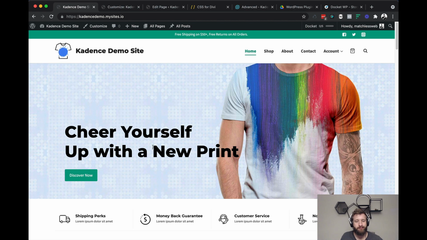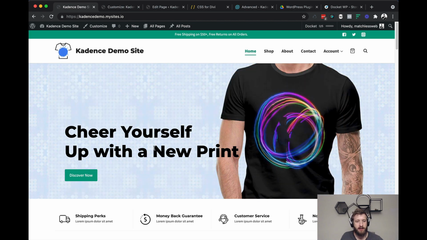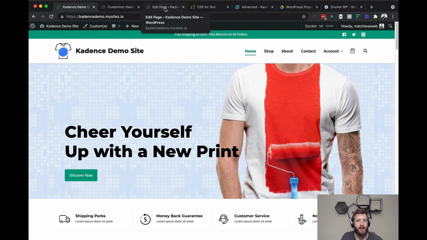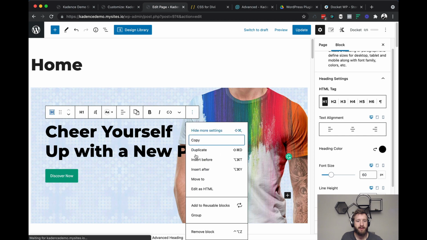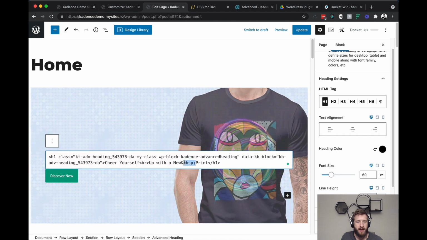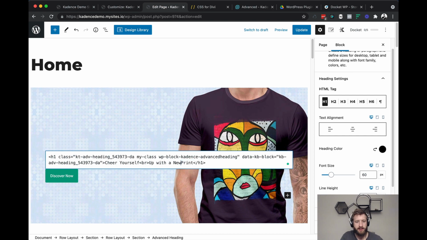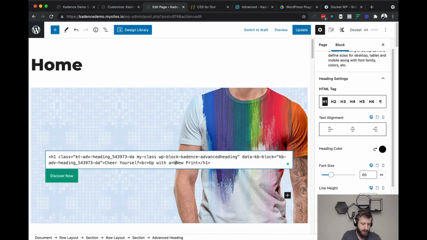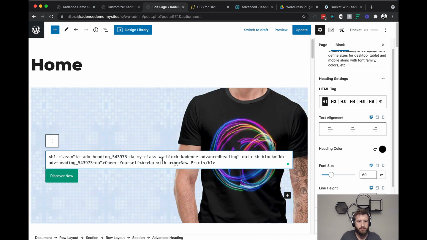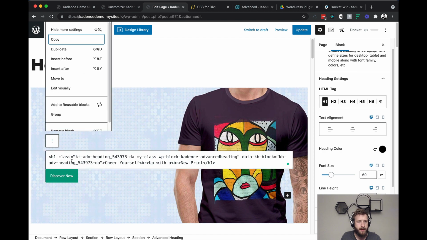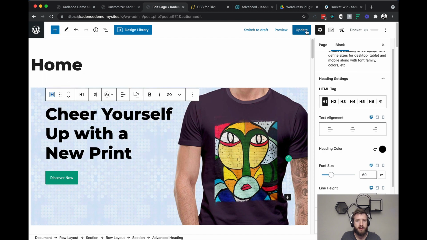But let's say I want 3 lines of text and I want new print to be on its own line, then we would just come back to edit as HTML. There is still a non-breaking space in here. I don't think it has to be there for what we're doing now, but we could put a line break, BR. Edit visually, update.